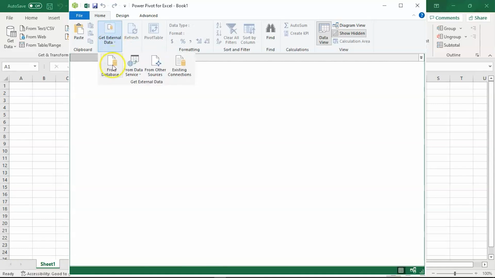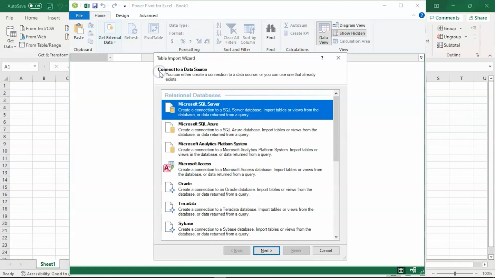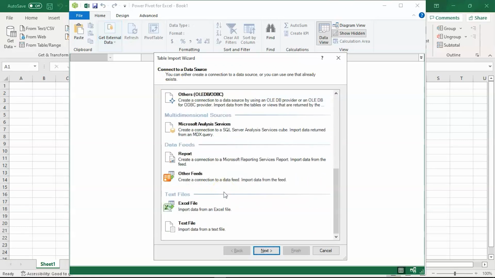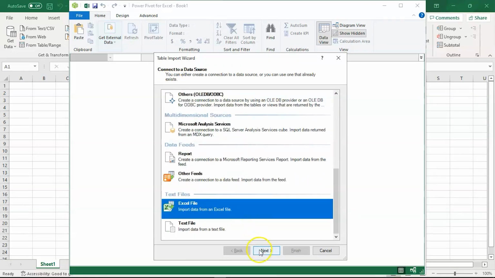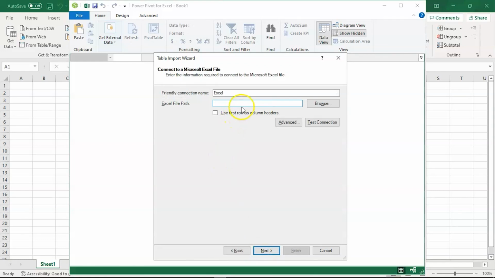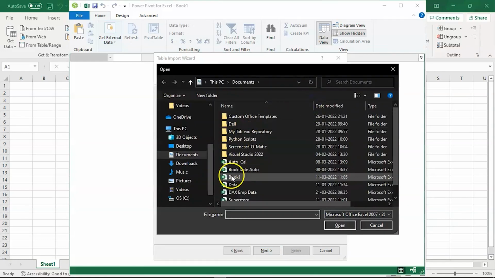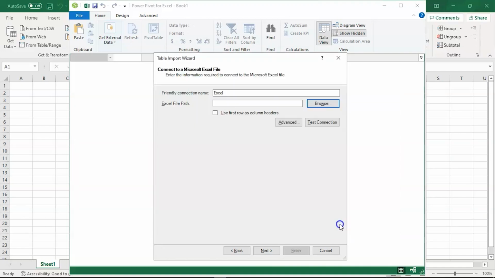Click on that and you can see a variety of options. That is, you can get the external data from a database, you can get it from web servers, that is from data service, and you have also other forms of data sources and existing connections. For now, we will take other forms of data, that is a Microsoft Excel data which is in our local system. Select next. Now provide the location of your folder, just browse, and we will select DAX employee data, open,